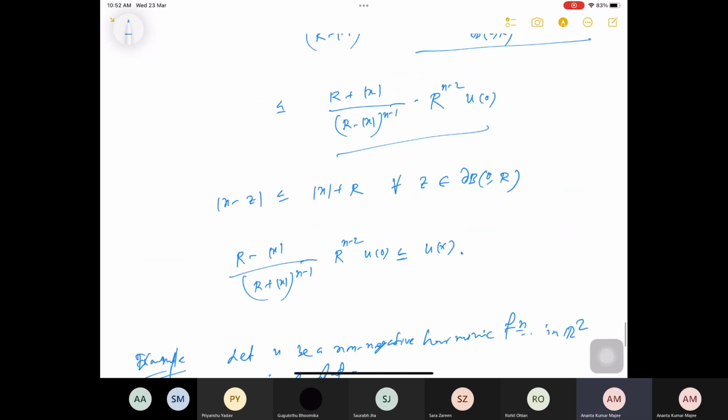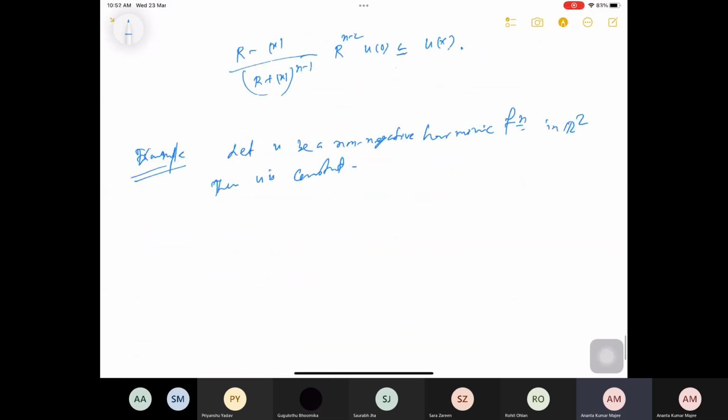As I say, I don't actually need positivity, even non-negativity is enough for my previous proof. Why is this so? u is harmonic in the whole R², that means u is also harmonic in the ball B(0,r), it is non-negative, hence Harnack's inequality holds. So by Harnack's inequality,